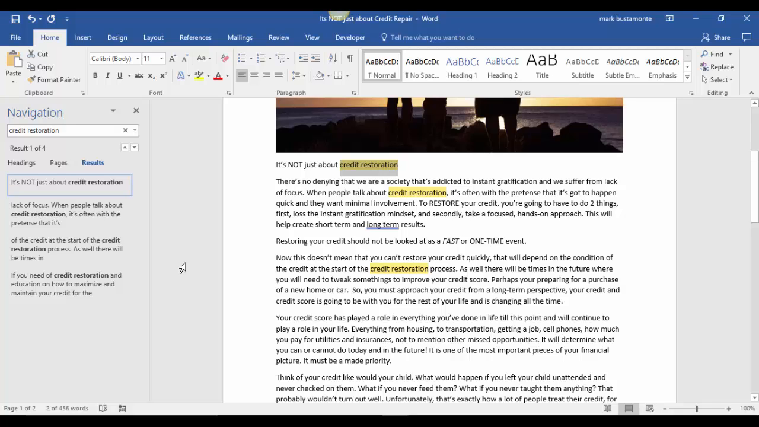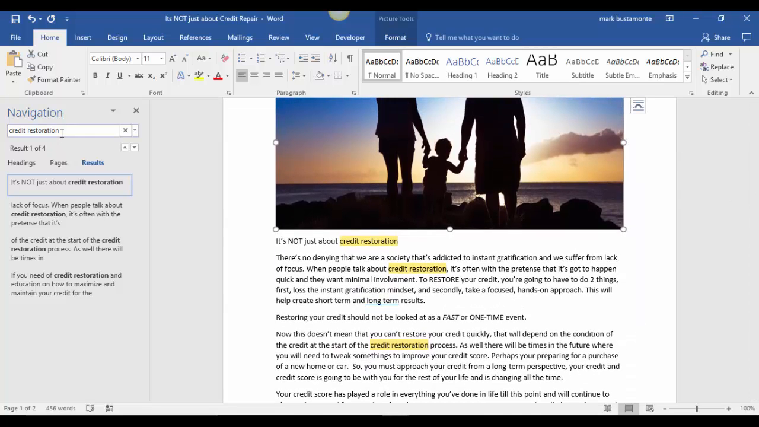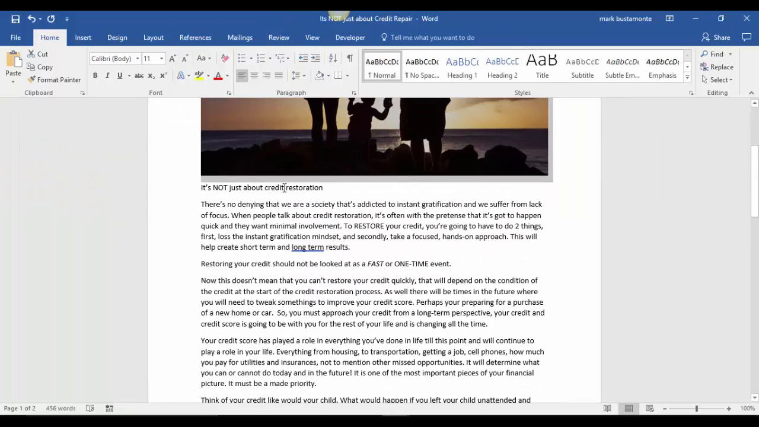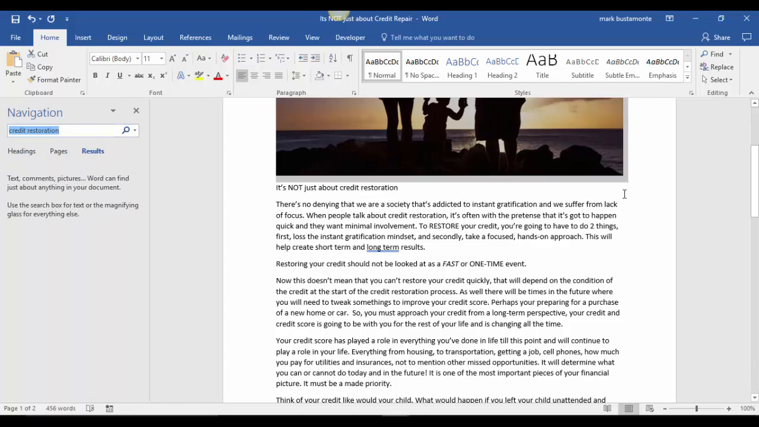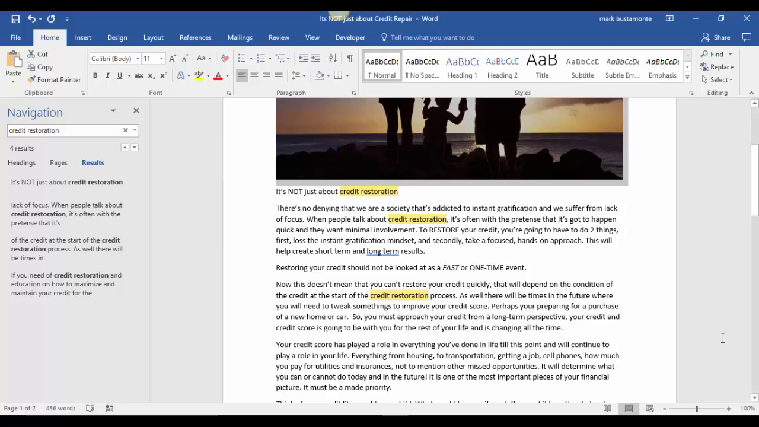Listen, obviously it's me, but anyway, here's the article that I created. I've also got an image here that I'm going to be using when I upload this article, but my keyword is going to be credit restoration. One of the things that I'll do is when I write the article, I'll do a Control F to see how many times the word that I'm going to be targeting is